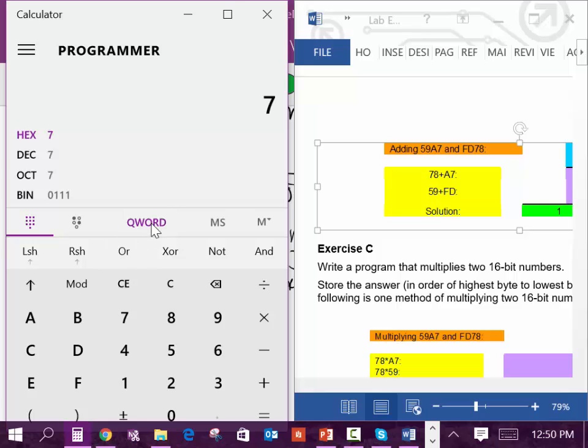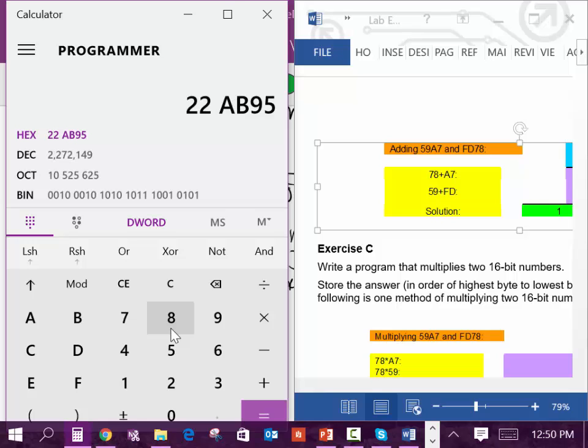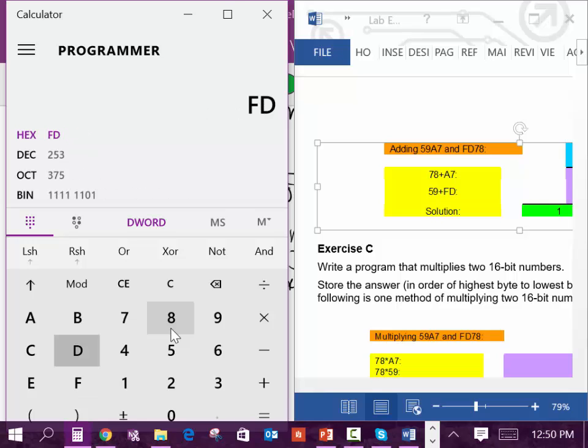Actually, I'm going to set it as a quad double word right there because I want to show the carry. If I'm going to add 59 A7 plus FD 78 right there, I add those two together,